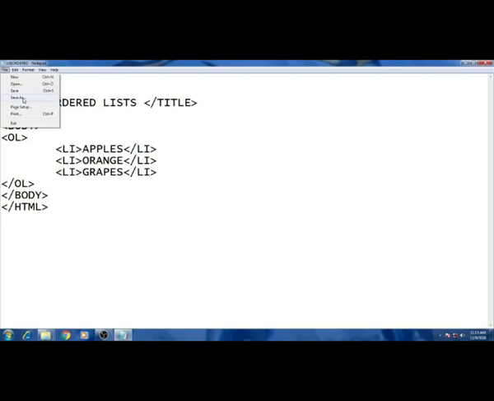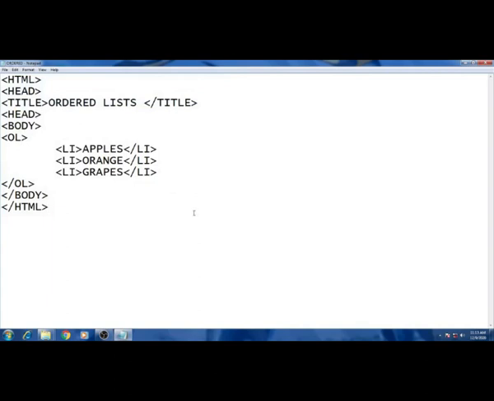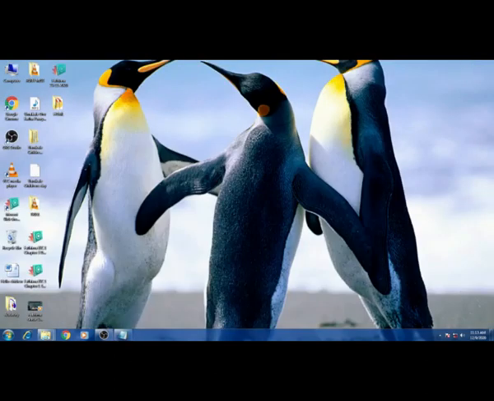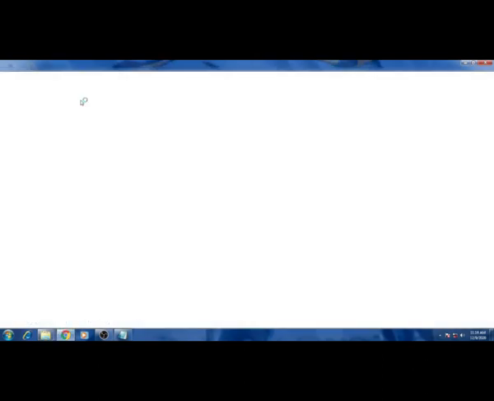Since I edited the same file, I am giving Save As. We are going to save this particular one as ordered list. So give the file name ordered. Don't forget to give the extension .html. After that click the save button. Then for running, open that particular folder. This one is our new program, isn't it? Ordered. So just double click it. Here you can see by default it is numbered 1, 2, 3 like that.